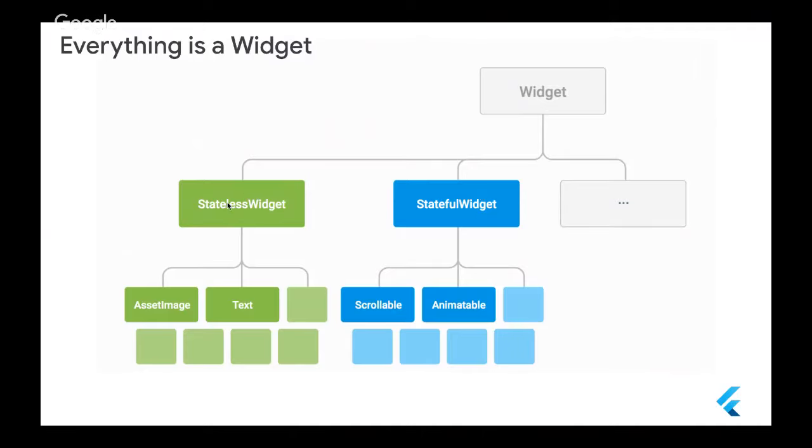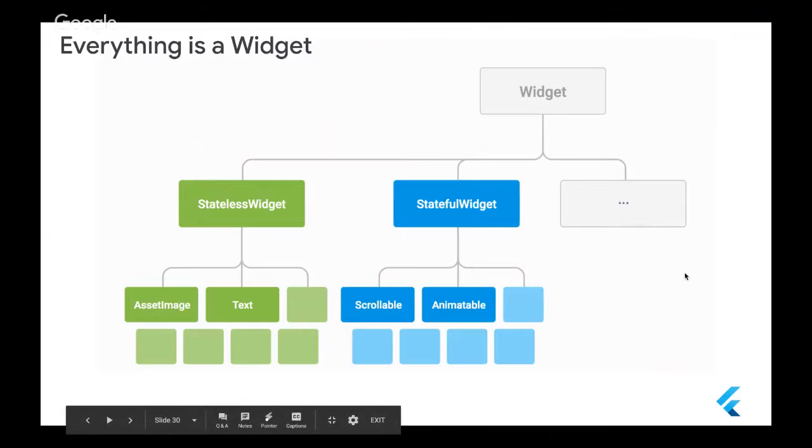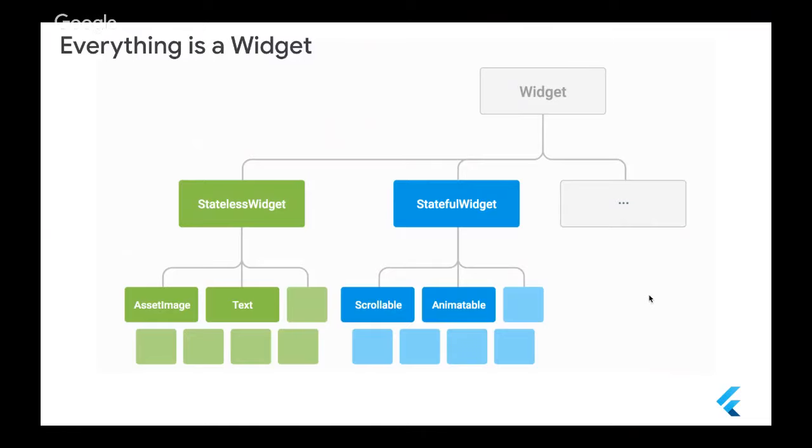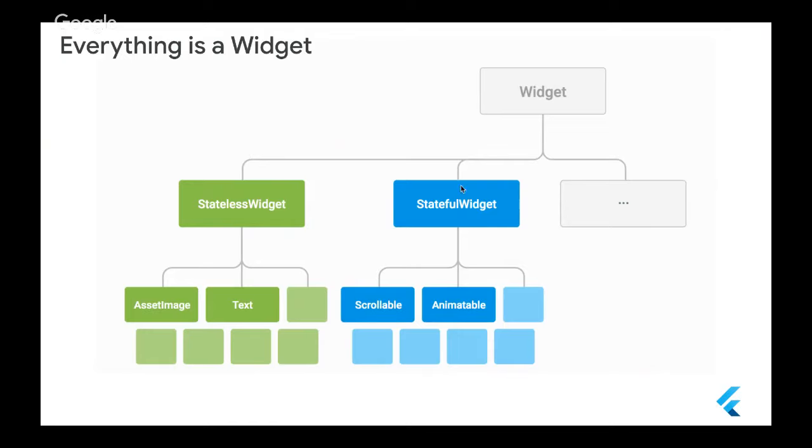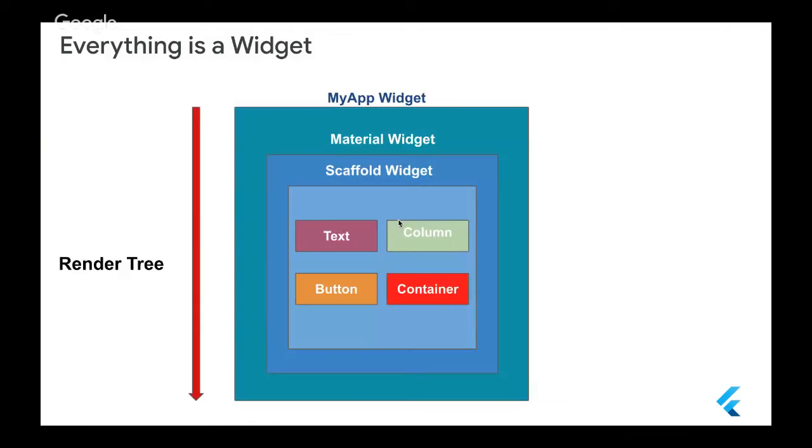What do we mean by stateless and stateful? In simple words, stateless means dataless, has no data, or there is no data that this widget is responsible for. Stateful means there is data inside this widget or inside this class. Stateful means data-full. For example, if you want to display something static, you will use a stateless widget to display that. And if you want to build dynamic data, you will use a stateful widget, and we will talk more about the difference between stateless and stateful widgets when we are writing our code, inshallah ta'ala.